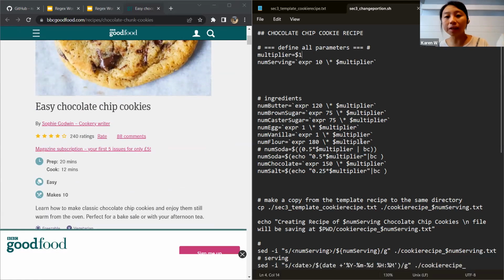So if you have one serving and you want 10 cookies, you can just type 1, so it's 10 times 1, as you can see here. If you want a multiplier of 2, so 20 cookies, you do 10 times 2. This is how it works.